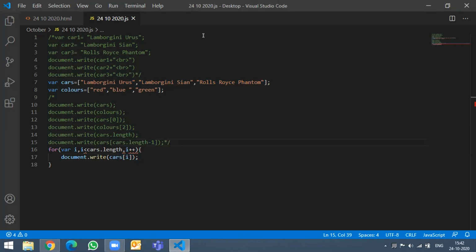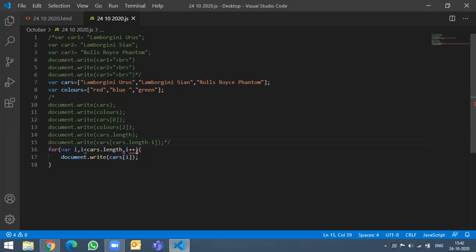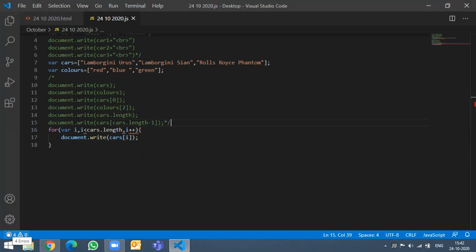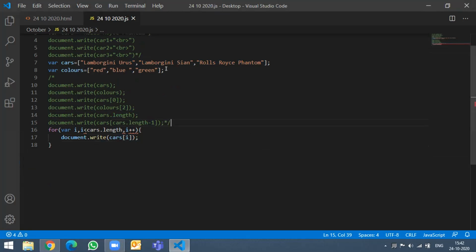Okay. So what we are doing, we are saying there is a variable we define i. We say for var i. Did it work for you guys? For anyone, did it work first of all? No. Okay. Do you know what is wrong in line number 16? There is something wrong that we have written in line number 16.